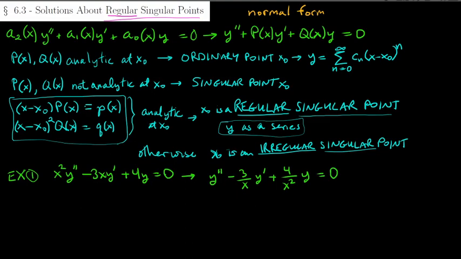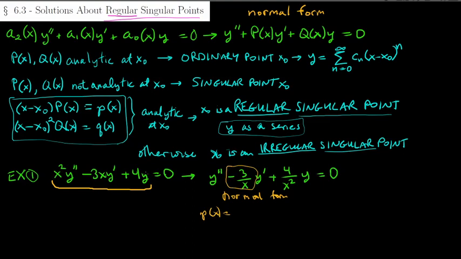In this form here, it's going to be very hard to tell because the capital P of x is not the negative 3x. We have to divide by x squared first. So we want to first put it in our normal form. And in this form, we can see that our lowercase p of x,